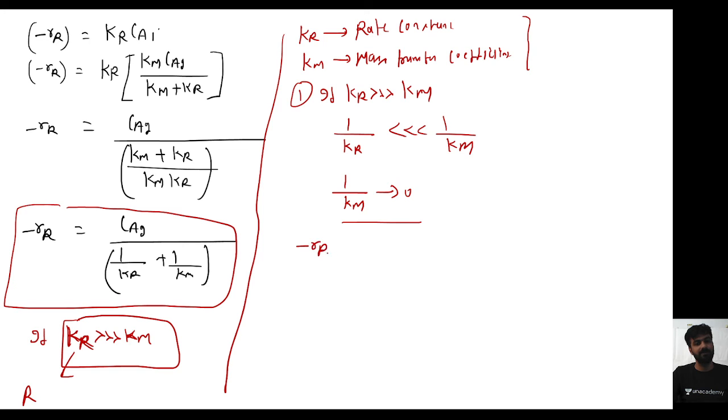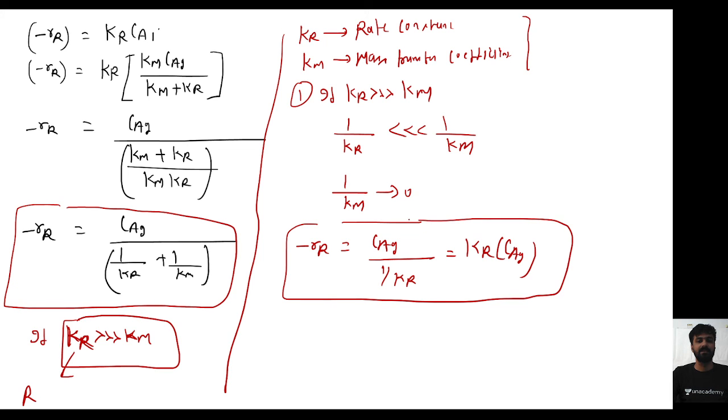So minus of rate of reaction is equal to Cag upon 1 upon Kr. So that is equal to my resistance Kr into Cag. Here the rate of reaction will dominate. Okay, the rate of reaction will dominate. That's why you will get the equation like this. That is the first thing. Second thing is